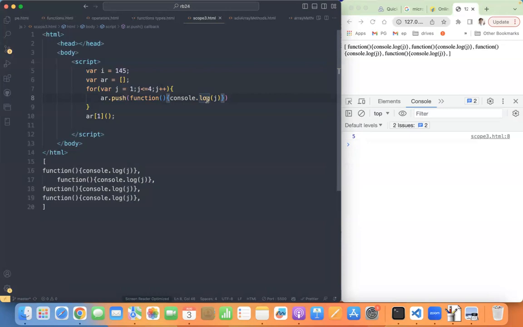Why are we using forEach? Why are we not using a for loop for iterating arrays? Because you can't bind the data. This for loop cannot bind the j value to the function. Yes?